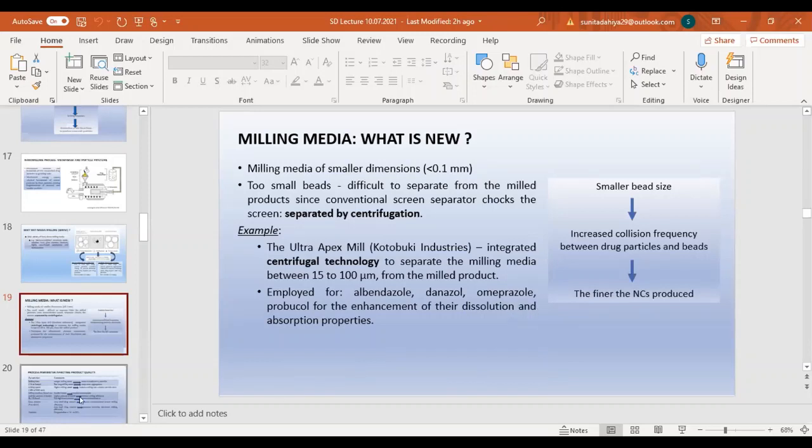Also, at the same time, we can say that the material of the milling media matters because it will be in contact with the product. It will be giving a high attrition. So there should not be any corrosion or any particle rupture, the rupture of the balls or the material erosion that will mix with the product. So usually what they are doing now is using yttria stabilized zirconia balls. This is the most widely used. They coat it with yttrium and the ball material is zirconia. So this problem can be minimized to a much higher extent, and they are very successfully used for the nanomilling operation.